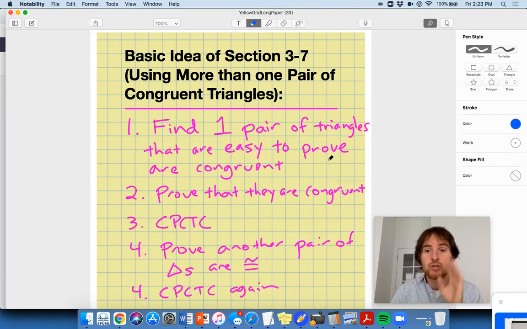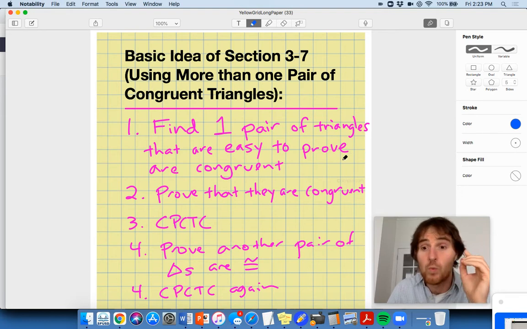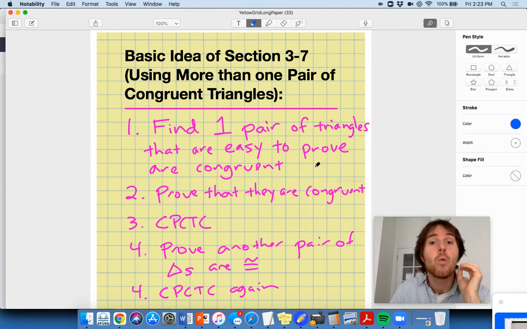So here's the structure. Just to remind you, this is the structure of all problems in section 3.7. So keep this in mind because you might have to do this again, right? You might not need to prove just 1 pair of triangles congruent, but get that second pair of triangles congruent, and here's how you do this, okay? So when I sit down to do these problems, and I'm going to do it just like the way that I do it with you as an example in a second, problems 9, 12, and 20,